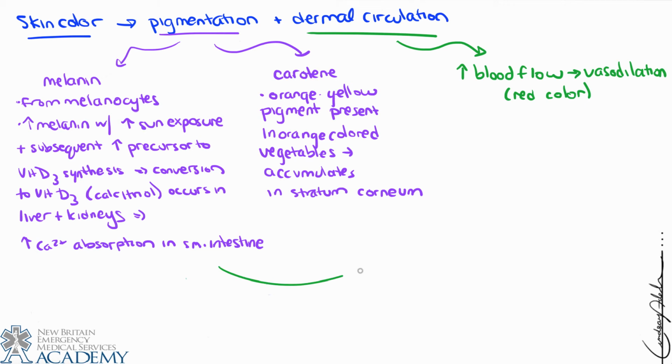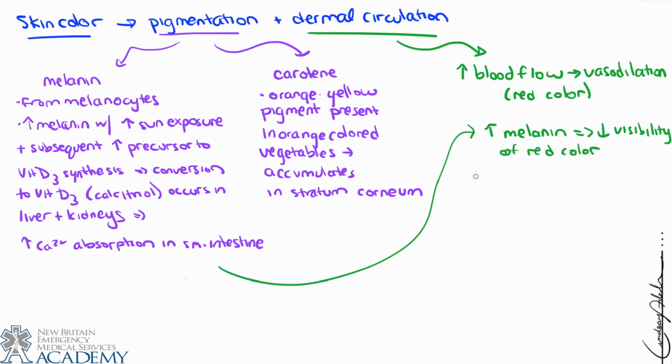Now, I just want to make another point about this. So the fact that the blood vessels are there is what gives the skin a pinkish color in the first place. And because individuals may have varying amounts of melanin and melanin production, if there's more melanin in certain individuals, darker skinned individuals particularly, then there would be decreased visibility of the red color. But in individuals that are more fair skinned, there's less melanin, which means that the red color is